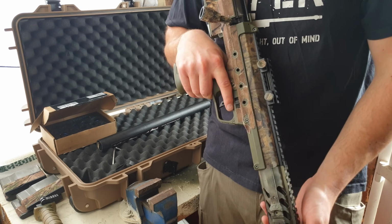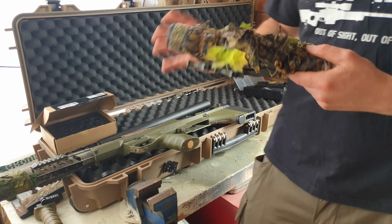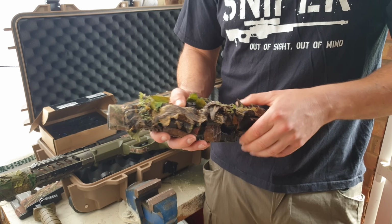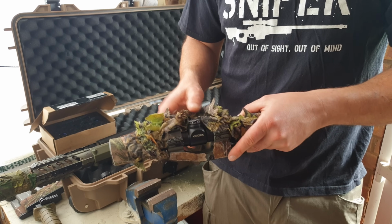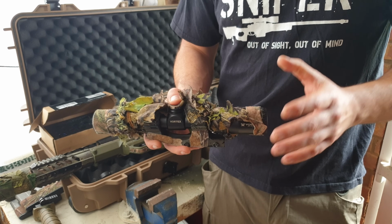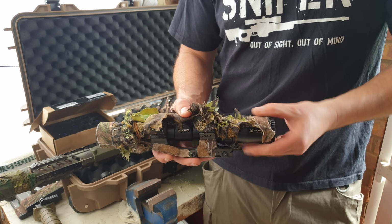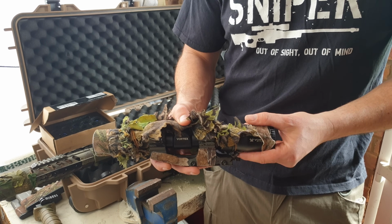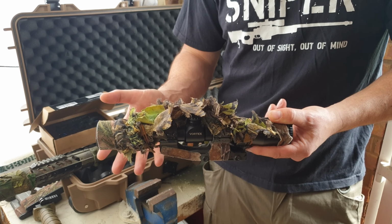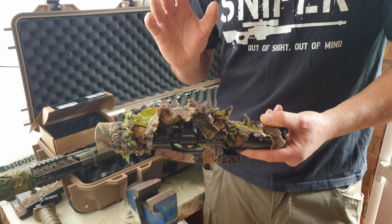So what else do you need for a top-notch sniper rifle? Well, what you need is a high-quality scope. Now the scope that I use is a Vortex Crossfire 2-7 by 32, and it's covered in this crap at the moment, but these scopes are absolutely fantastic. Crystal clear glass on them. People do ask me what magnification I use my scopes at, and I use it on the lowest magnification, 2 times. 2 times is ample for me for airsoft. I'm not shooting at massive distances. We're talking like 60 meters most of the time that I'm making engagements, and 2 times is just ample for